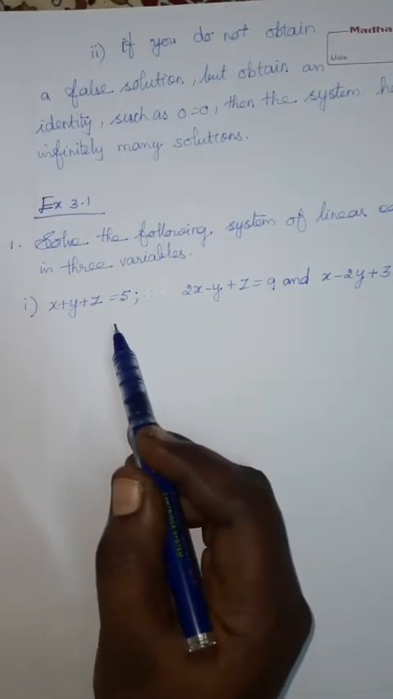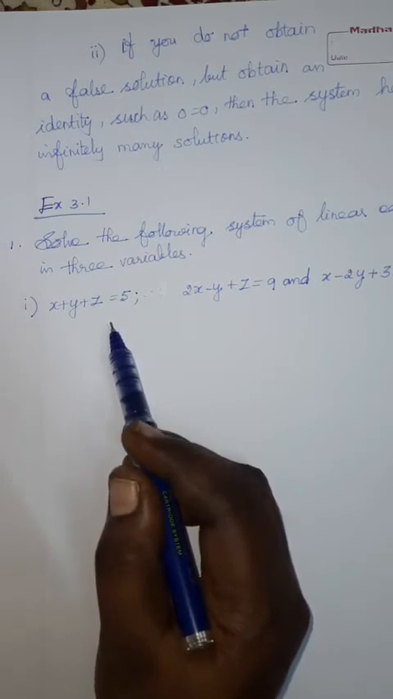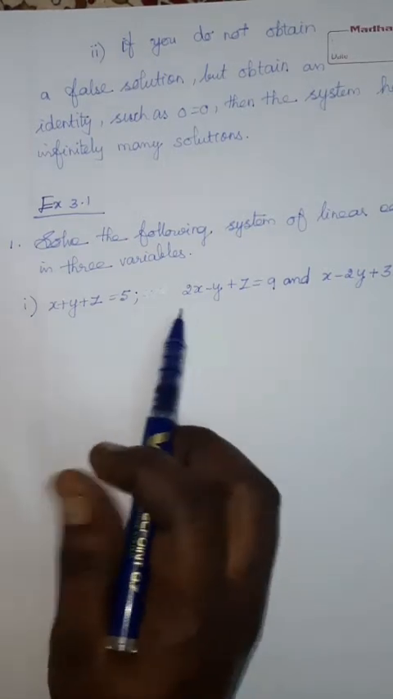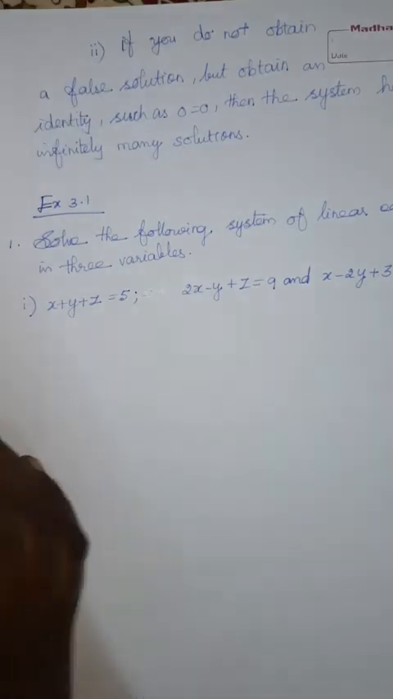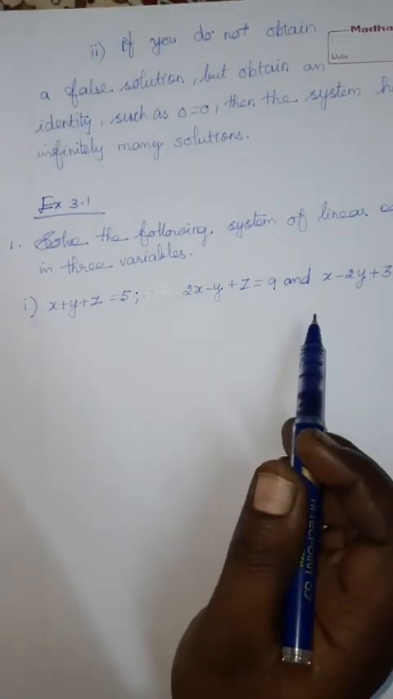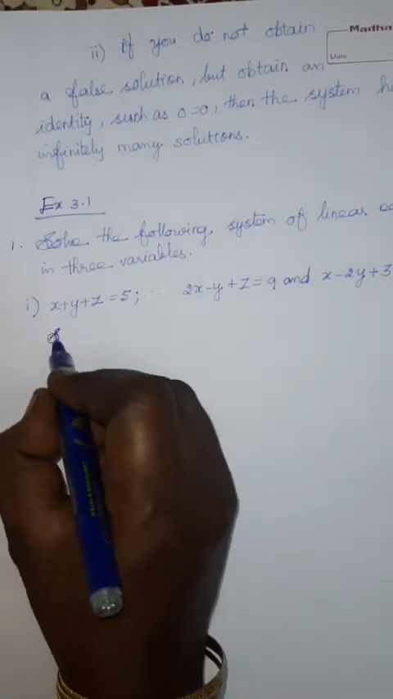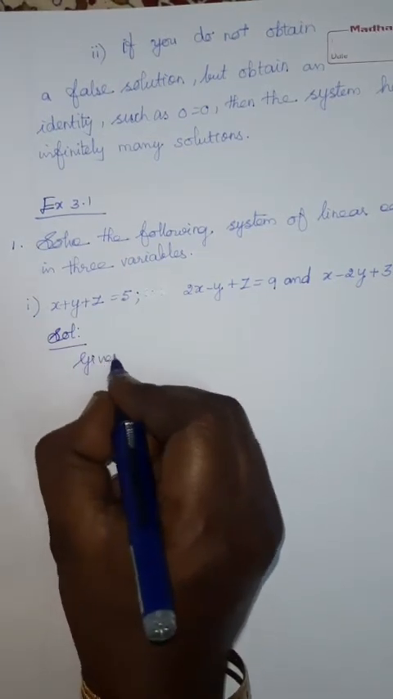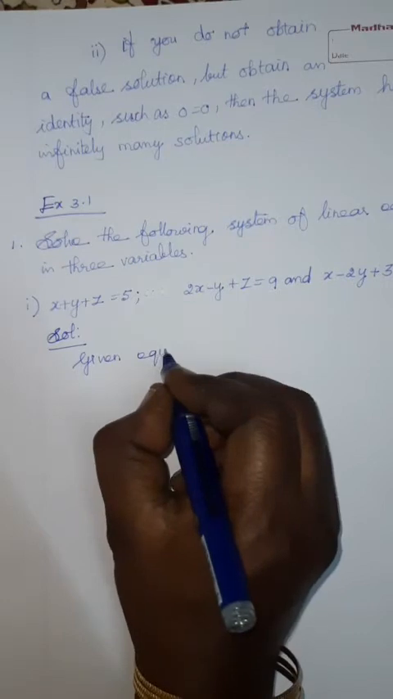Okay, for solving, if we have two variables, we need two equations to find the values of the variables. Here three variables are there, so we need three equations to find out the variables. Okay, we can solve it. First of all, we can write the given equations. Given equations are